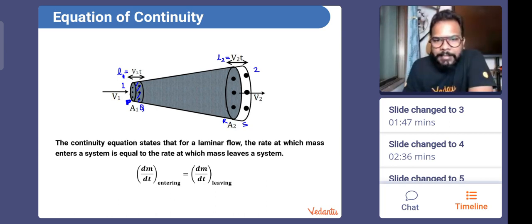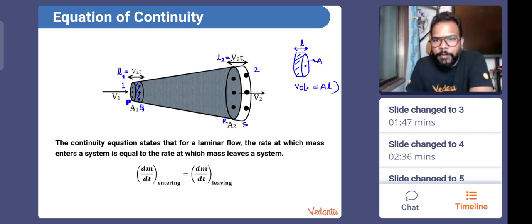So we understand there is some cylindrical portion or a disc kind of portion which has been formed here. In that, we know that this length is L, the area of cross section is A, so the volume is going to be A into L. Why do we need this volume? I'll speak about that. Why it is called the equation of continuity